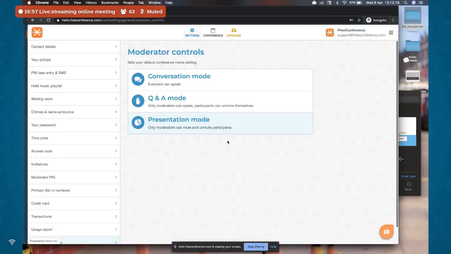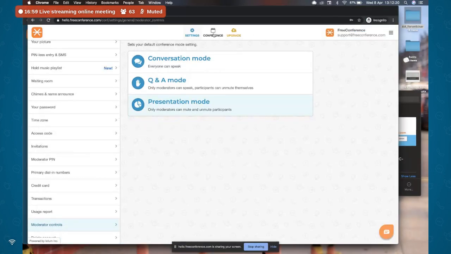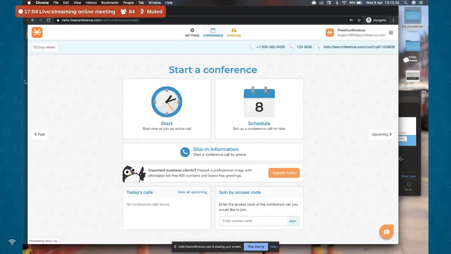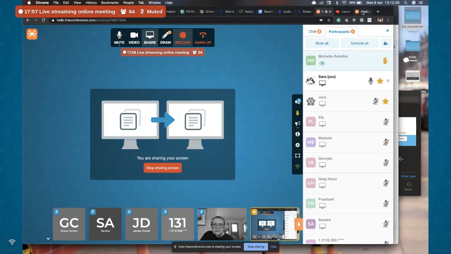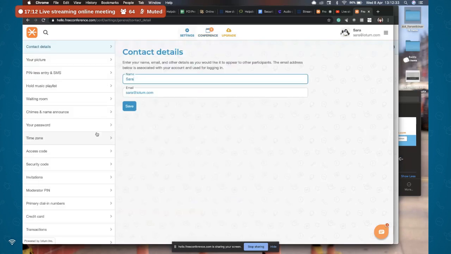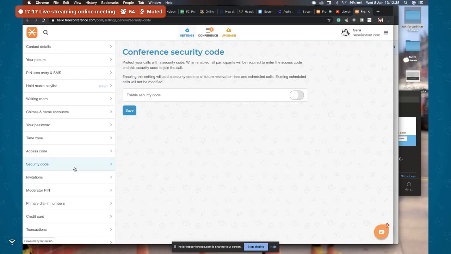Now, I wanted to mention some premium features because I know security is on the top of everybody's mind right now. This account has a paid subscription, and you notice we've got some other features. We've got a security code, which means that you can have another layer. It adds another code when people join a meeting. So you can have this set maybe for a short time, or you can schedule calls to have this security